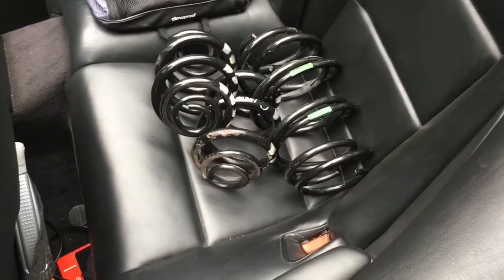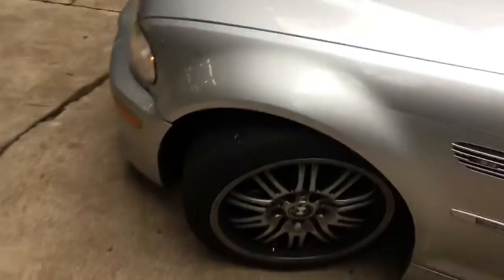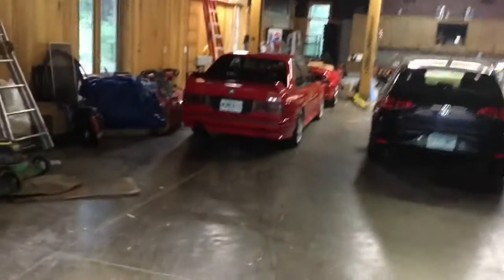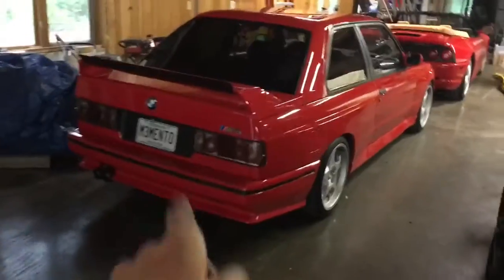So today, I'm taking the day off again. I have these M3 convertible stock springs that I'm gonna try to put back in this car. Not back in. I bought this car lowered with these H&Rs, and I'm not really a fan. So that's the plan. And then if I have time, I'll probably try to change the muffler out on the red